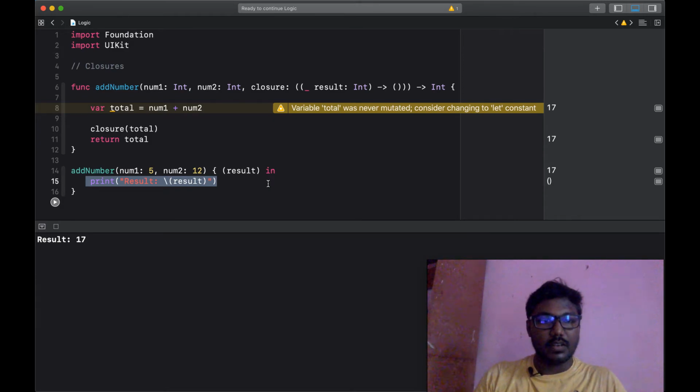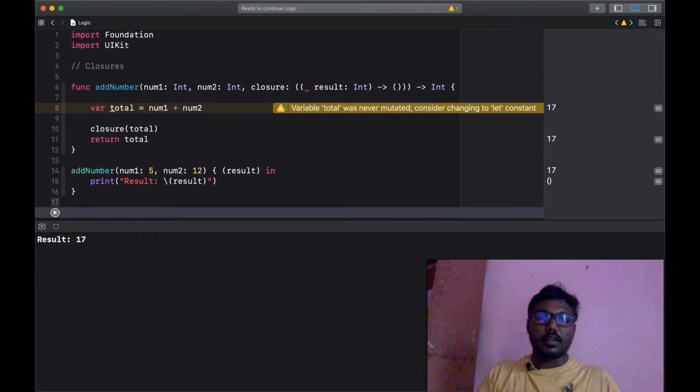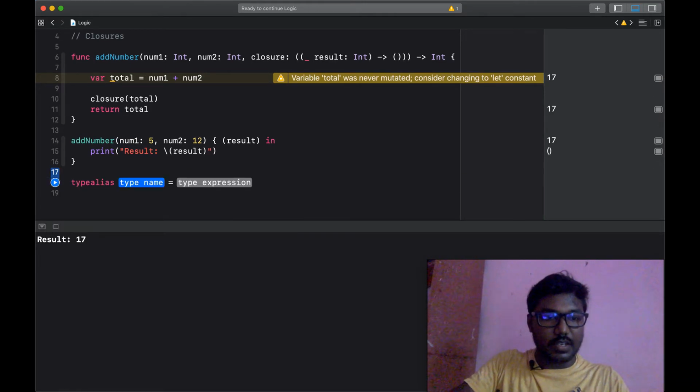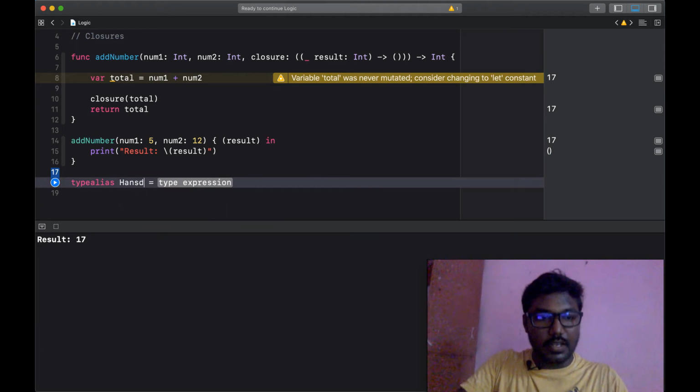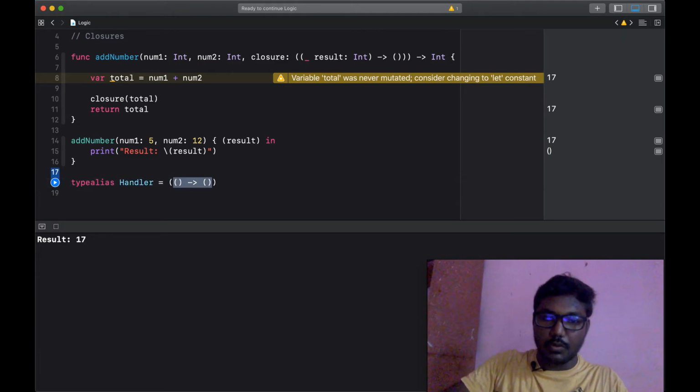Likewise, we can also use a type alias to define frequently used closures, like closure functions. I am creating the type alias as a handler, and I am creating the empty closure. There are no return types and no input params.